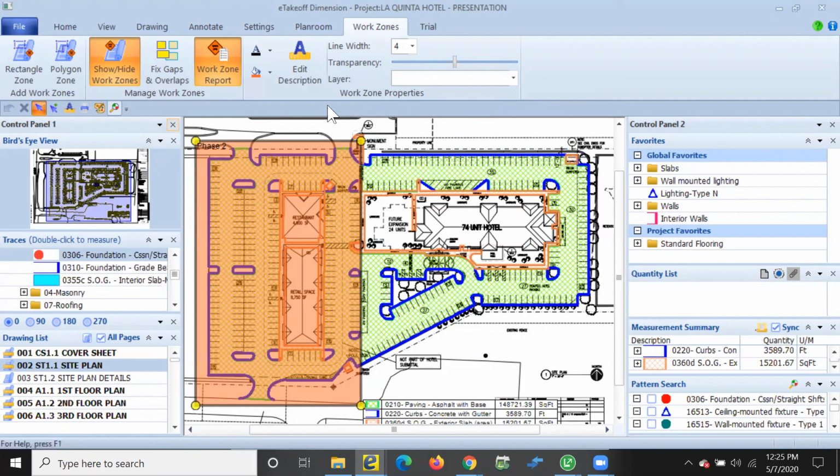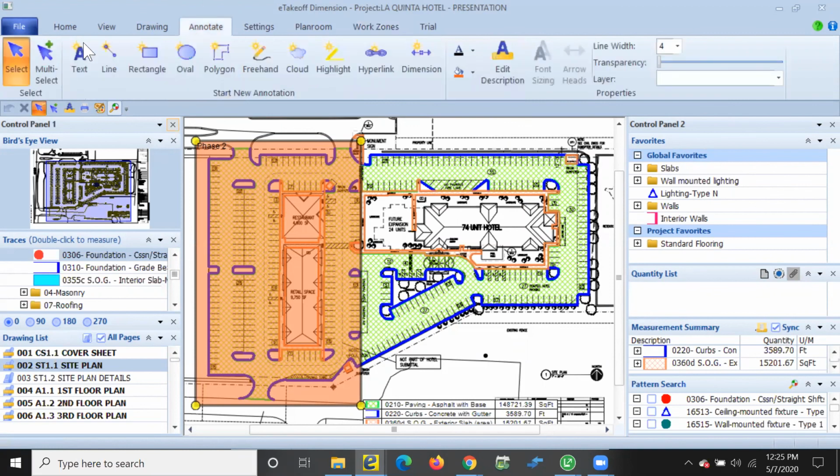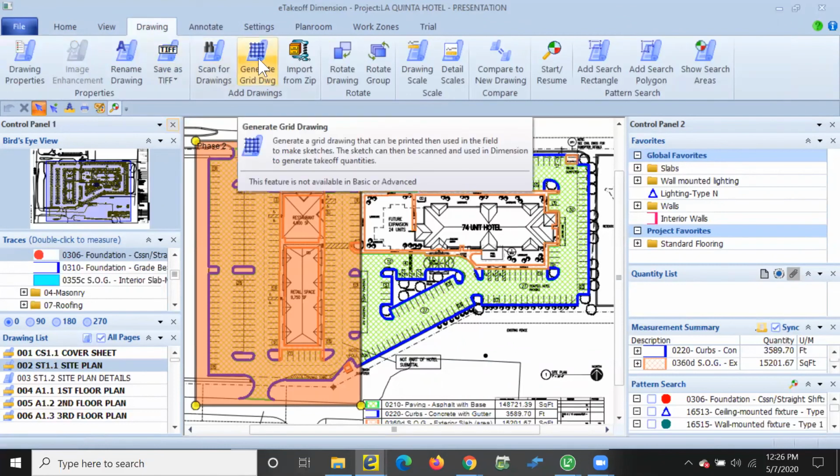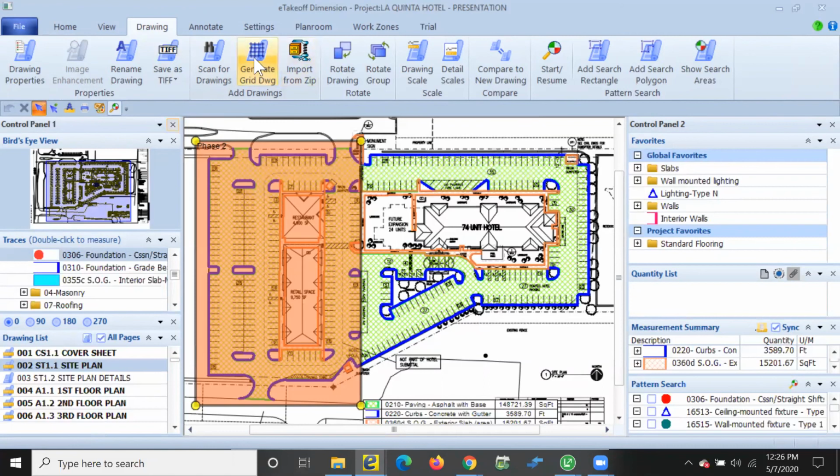But other things you can do within this: there's annotations. You can hyperlink drawing to drawing. You can put other types of annotations in here as well. You can even sketch in here as well. So you can create what's called a grid drawing and do a scaled sketch within it and do some takeoff there. So some more functionality is coming, but it really makes it easy to add to your drawings if you don't have a drawing for something.